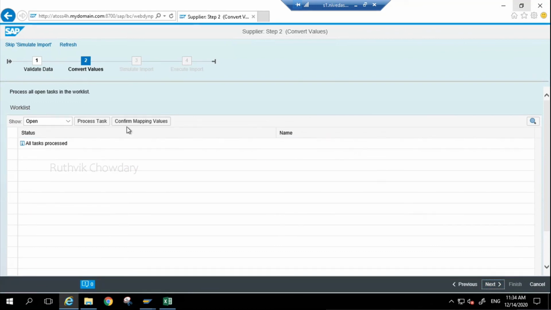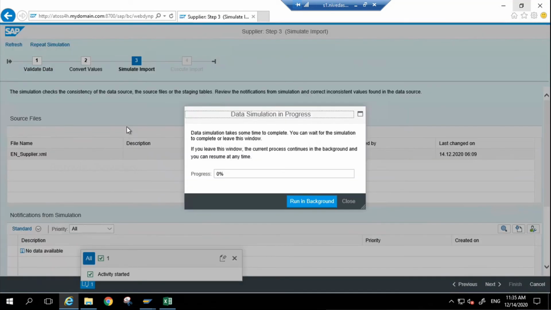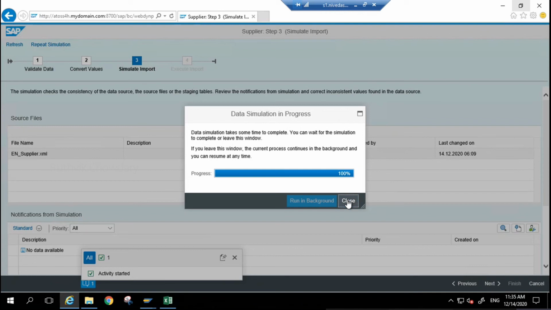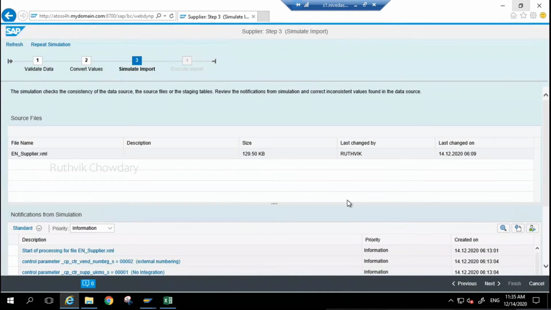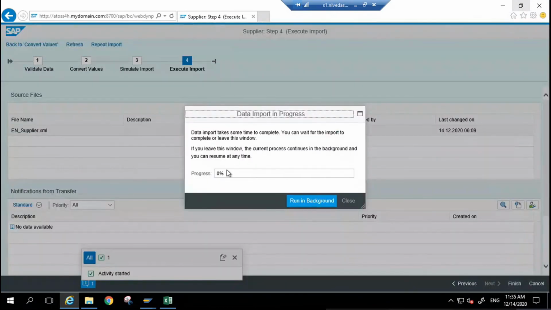Next. So in simulation mode, system will see. So the data mapping what you have done and the Excel file values what are there, system will see, and accordingly system will give you the remarks. So if everything is fine or any errors or there any inconsistency, so like that. Okay, next. Yeah, so everything is completed. Next. So before I click on finish, because now it is in executing, so now the data is getting imported into the system. Okay. So now data is getting imported into the system.